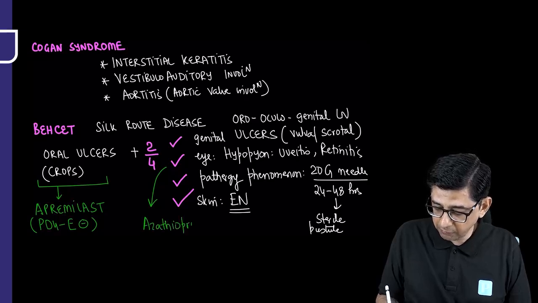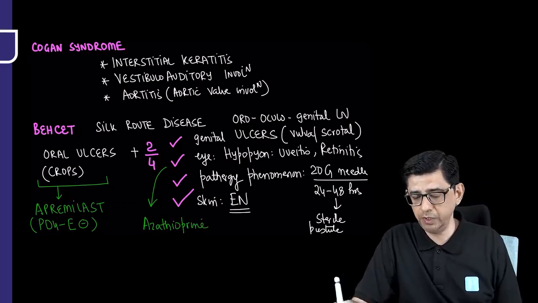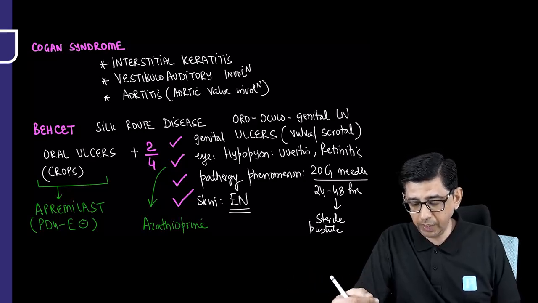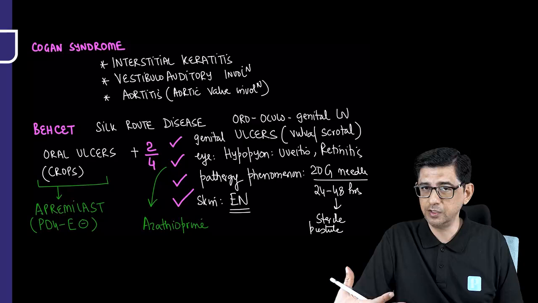So traditionally, whenever we are reading about oral ulcers, we use topical steroids. Even if it is genital ulcers, initially it is topical steroids only. But then they might love to ask about the eye manifestation of Behçet's disease, that is Silk Road disease, where